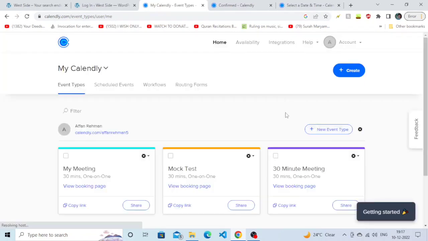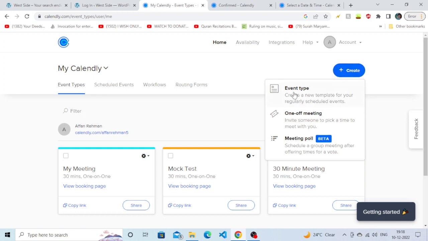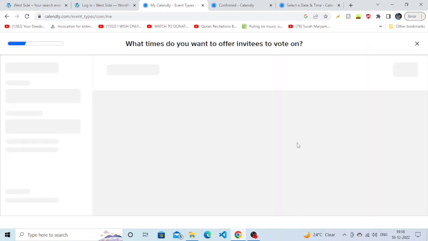So in this tutorial, we are going to learn how to create a poll in Calendly. So without further ado, let's get started. Simply click on the create button, and as you can see there are three options. We just need to click on this meeting poll. So simply click on it,